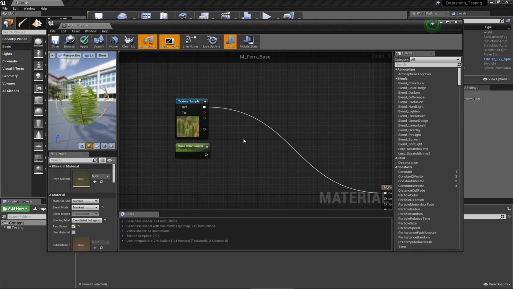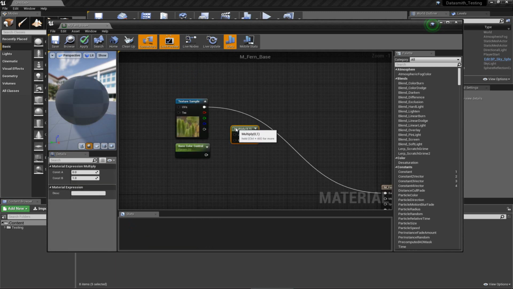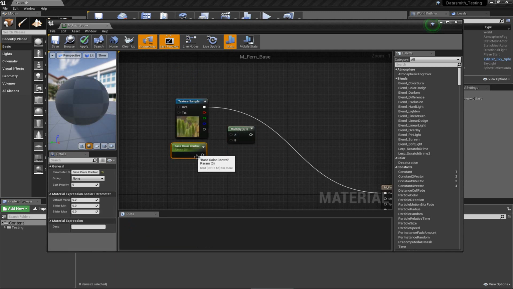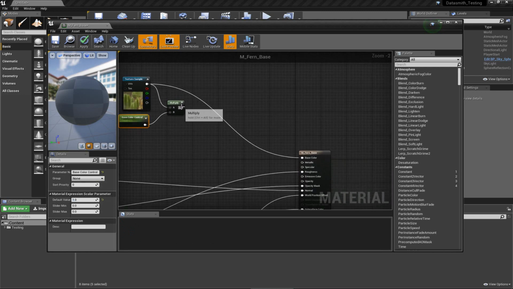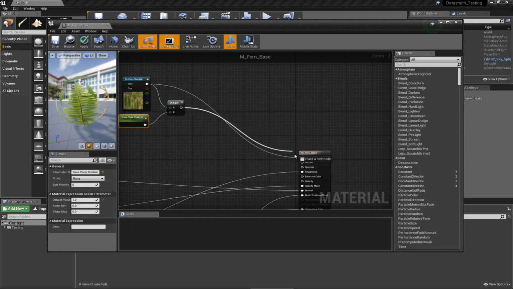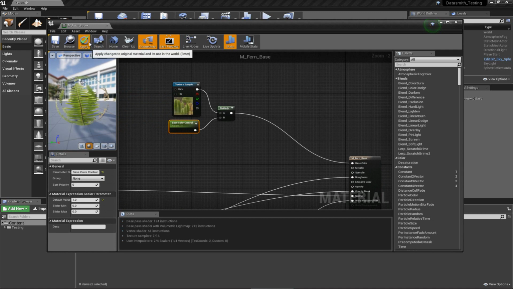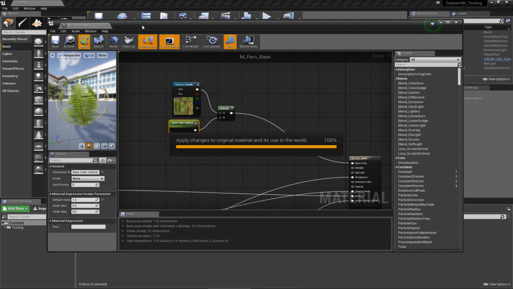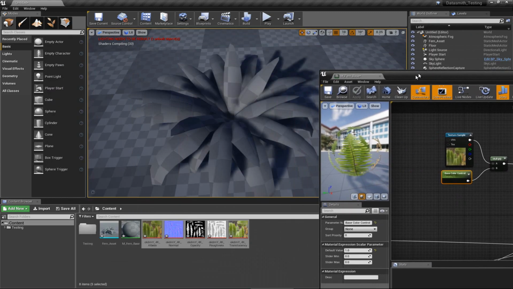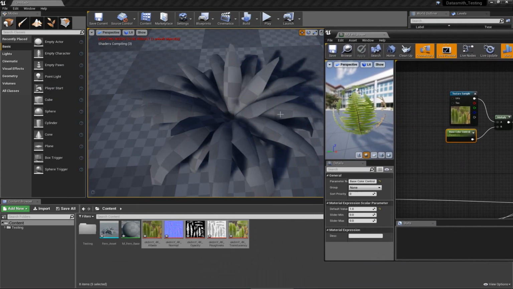So hold down M and click. This is going to give us the multiply node. Connect this into the B, and this into the A. By default, this should be at 1, because at 1 it's not going to change anything. And simply put this into the base color node. So I'm going to apply this. And now if I take a look,